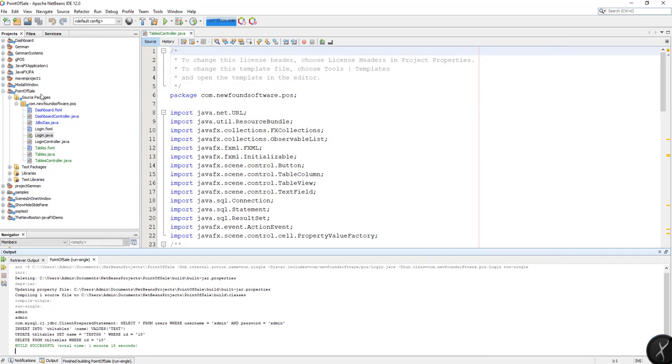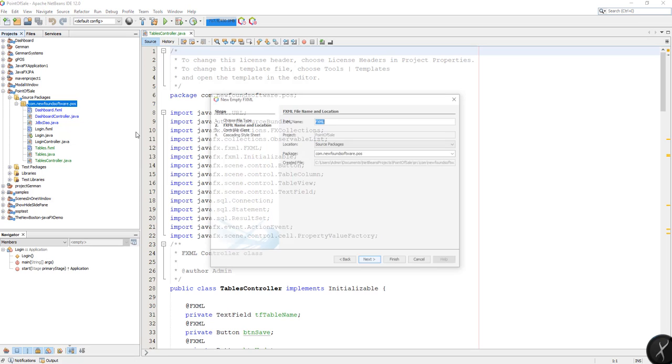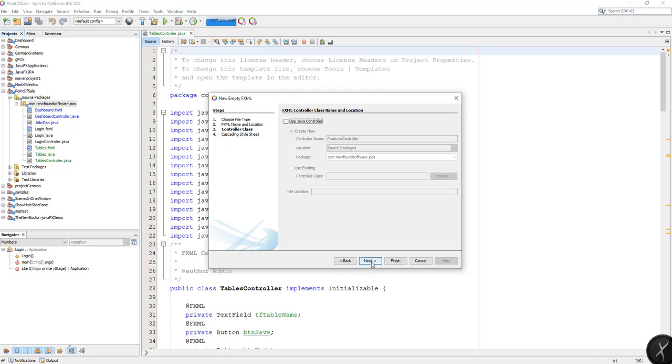We're just gonna add a new FXML file right here, and this will be for products. Click next, and we're gonna use a Java controller for this, and it should say ProductsController. Click on next, click on finish,